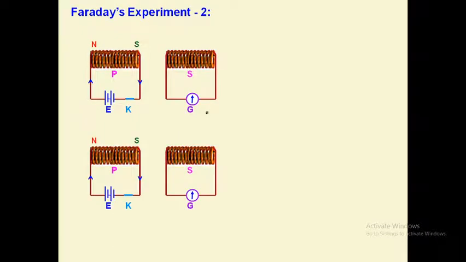Now in the second experiment, see, in the first coil, the switch is on, current is flowing. In the second coil, there is no current, fine. Now what will happen if we switch off suddenly? Let's switch off. What we saw, again I am showing you. When we switch off, a current again comes momentarily, for a very small time, in the secondary coil.